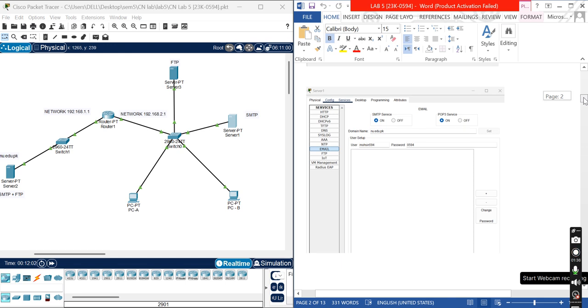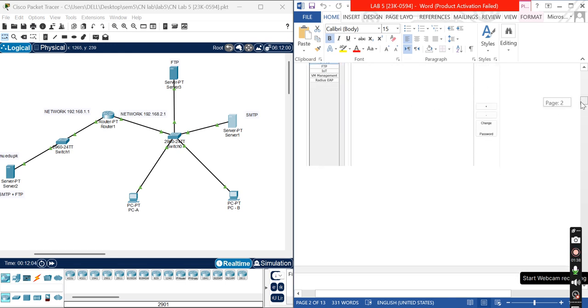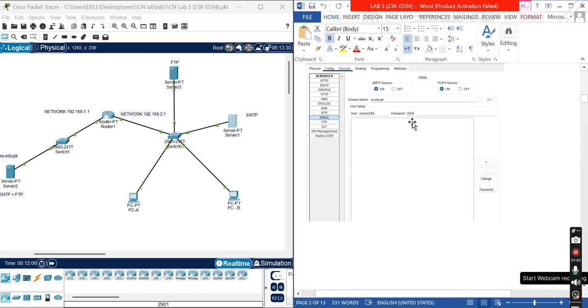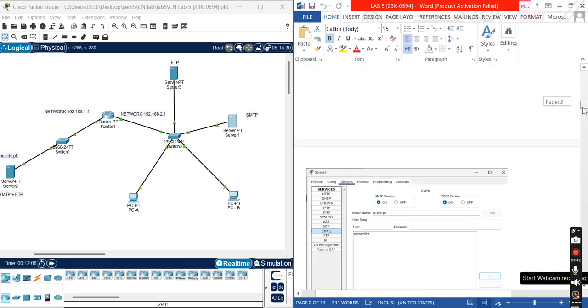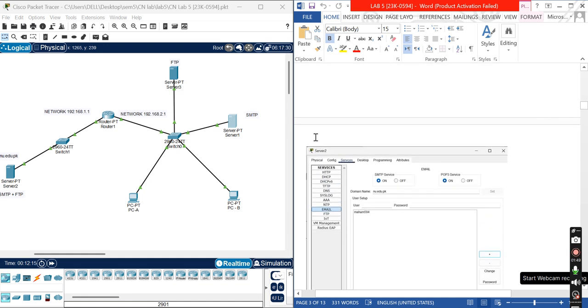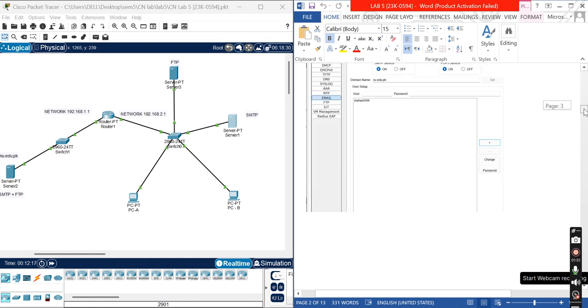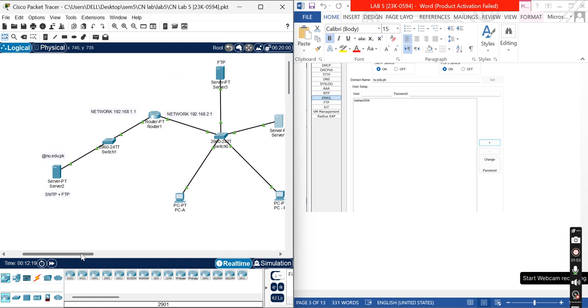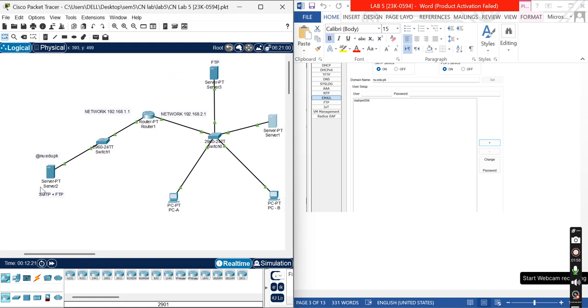Secondly, coming on to the server number 2, similar, as you can see, these are the steps that I've already told, that I have assigned the user, and then we click on the plus icon to add the user. And similarly for server number 2, which was in our network number 1, this is our network number 1, this is our network number 2. This contains both the services on, that is of file transfer and mail transfer protocol.